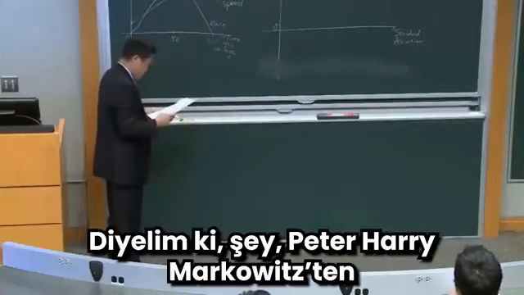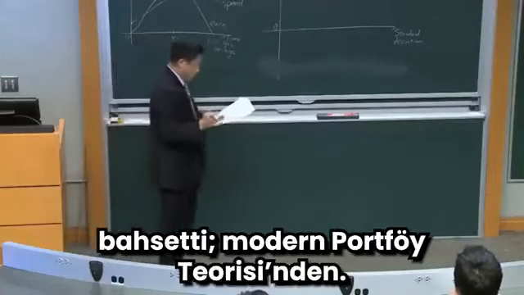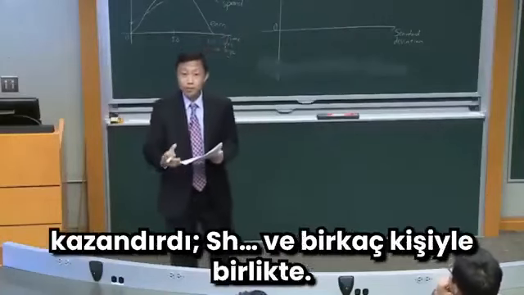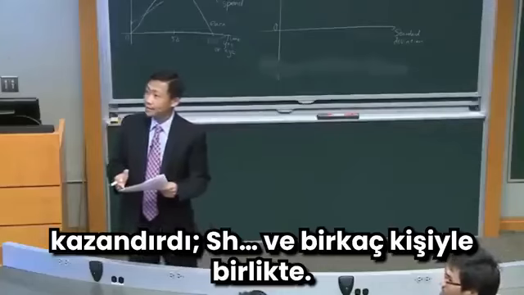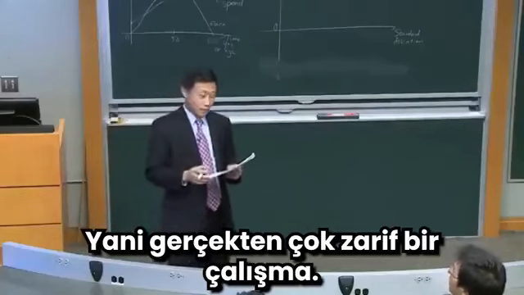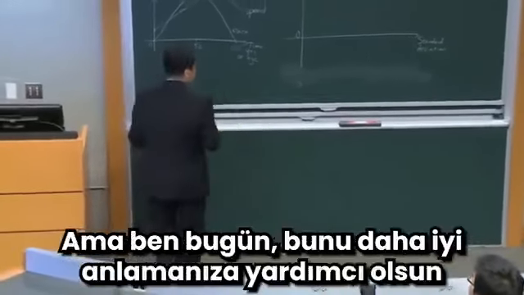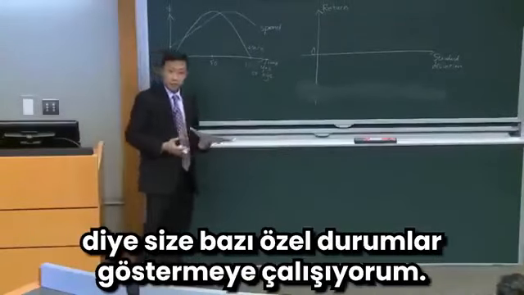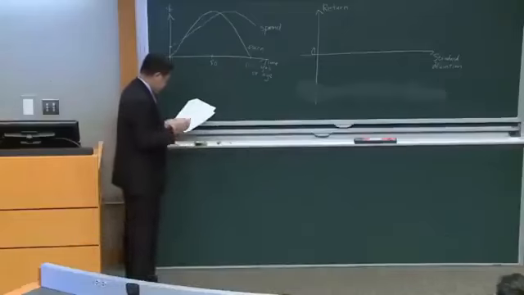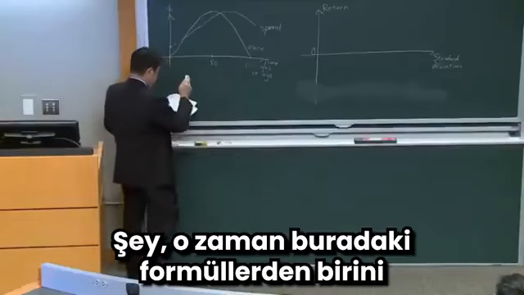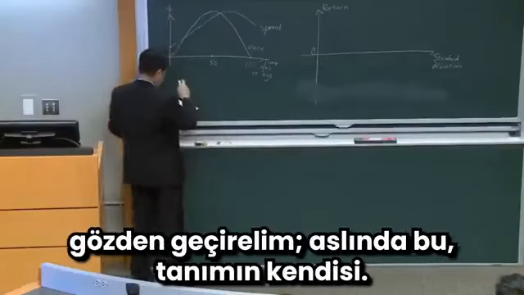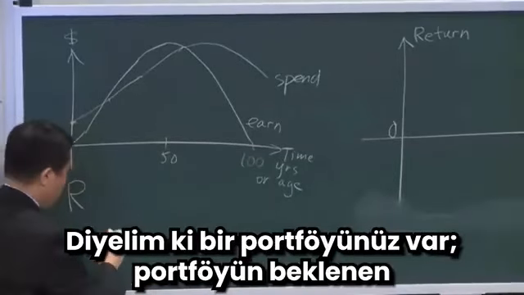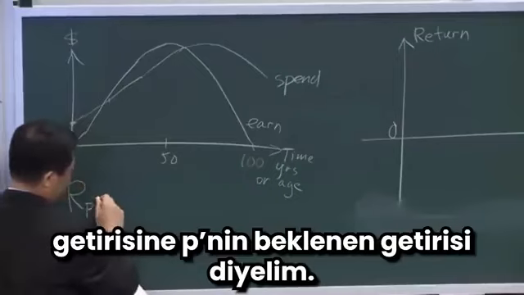So Peter mentioned Harry Markowitz's modern portfolio theory, which won him the Nobel Prize in 1990, along with Sharpe and a few others. It's a very elegant piece of work. Today I was trying to give you some special cases to help you understand that. So let's review one of the formulas here, which is really the definition. Let's say you have a portfolio. Let's call the expected return of the portfolio R of P